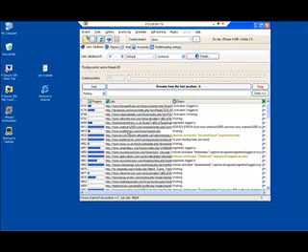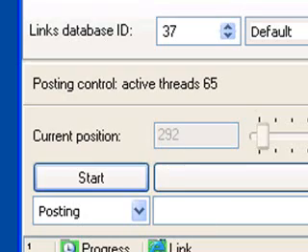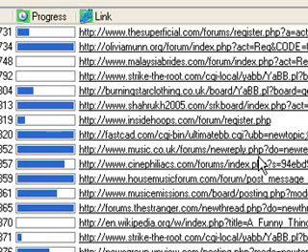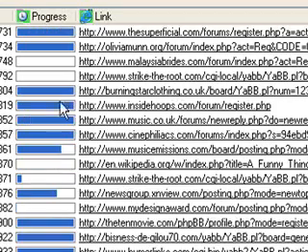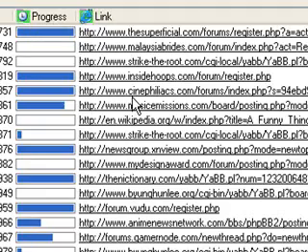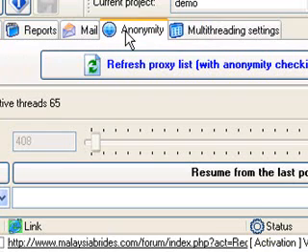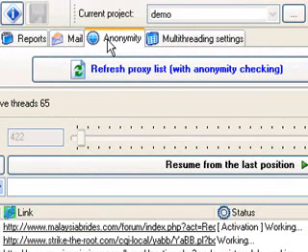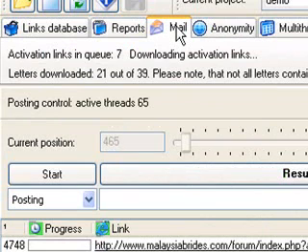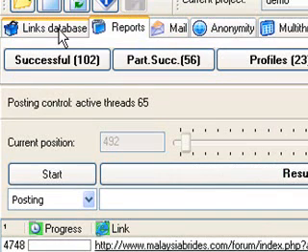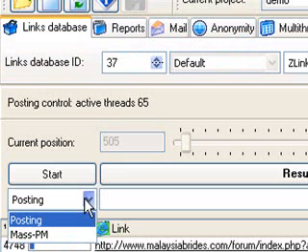and it's running extremely fast. As you can see here in the current position, what we have here is various forums worldwide being posted on. The software complements multi-threading. It complements proxies. In other words, if they ban one IP, we come in from a different IP and still have the ability to post. It handles the email validation, full reports, and in fact, if you notice down here, we have